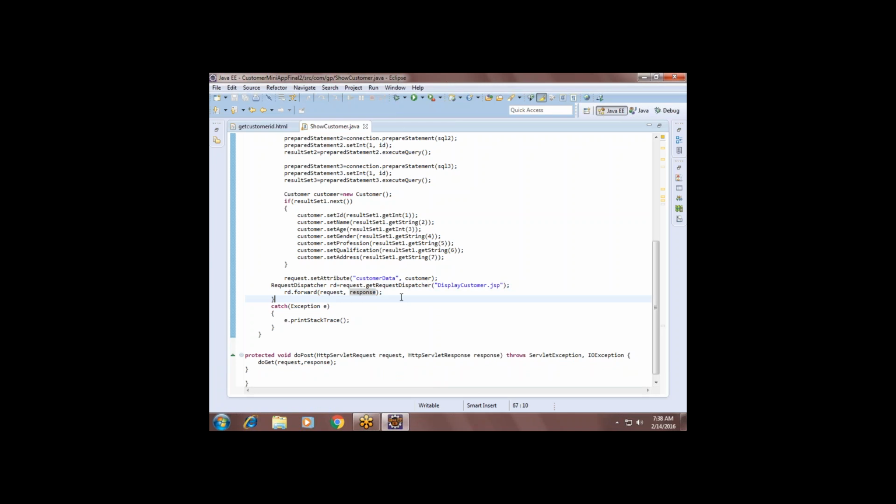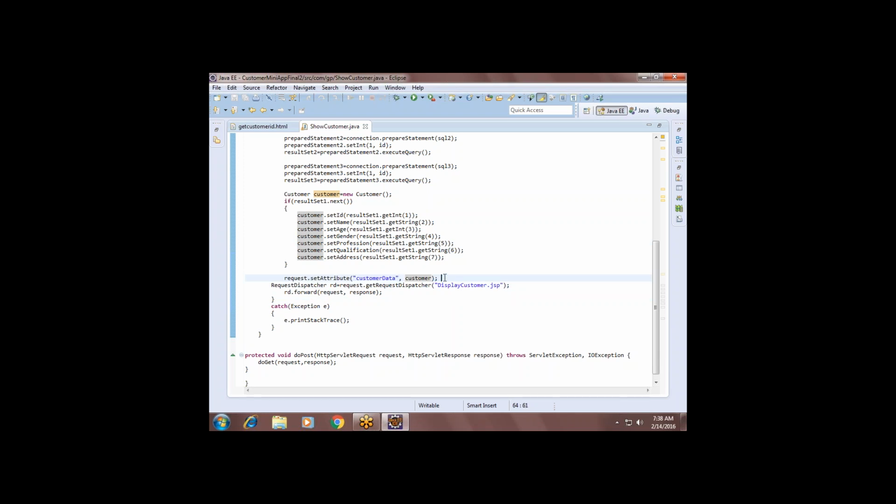Either we use include or forward based on the requirement. While forwarding, we can add the customer object data to the request object by setting the attribute like this.